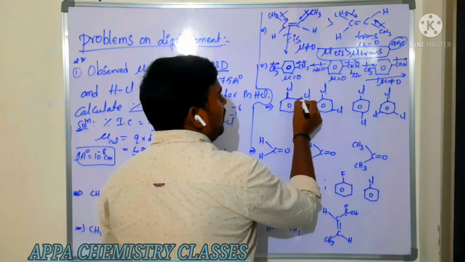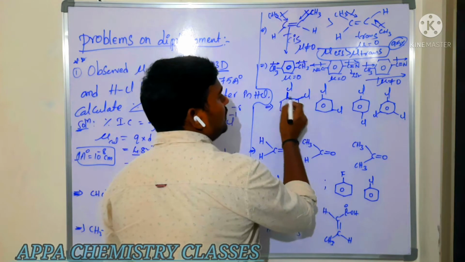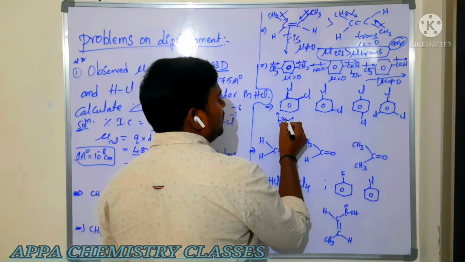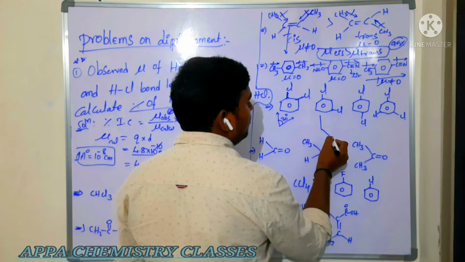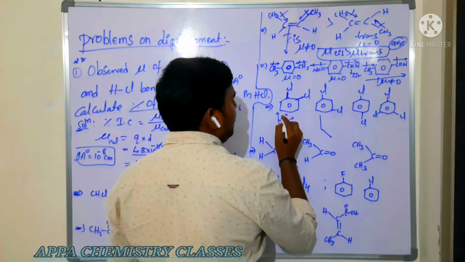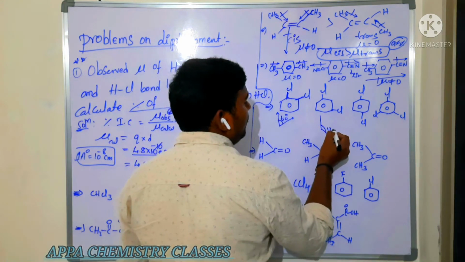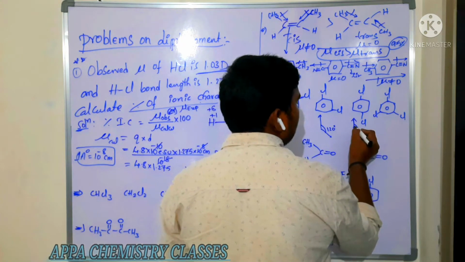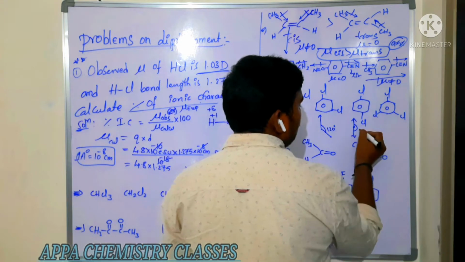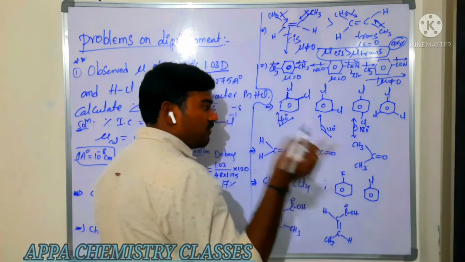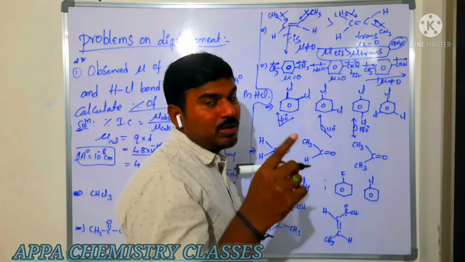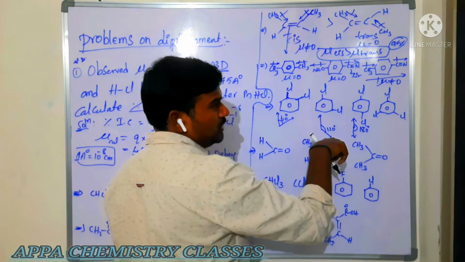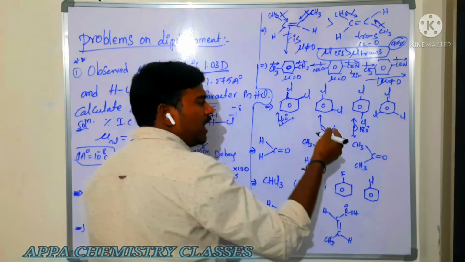Now in this case what happens? You see here, these two are separated by 60 degrees. These two are separated by 120 degrees. So here these two are separated by 180 degrees. These two chlorines are separated by 180 degrees. If you apply the net dipole moment formula, root of mu1 square plus mu2 square plus 2 mu1 mu2 cos theta, for cos 120 and the other angle, you substitute all that and you will get the answer.